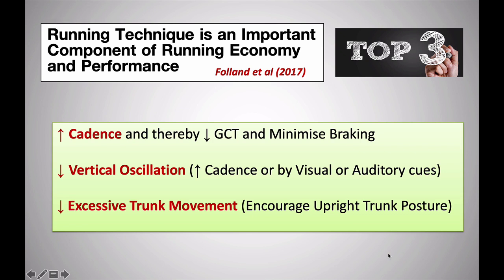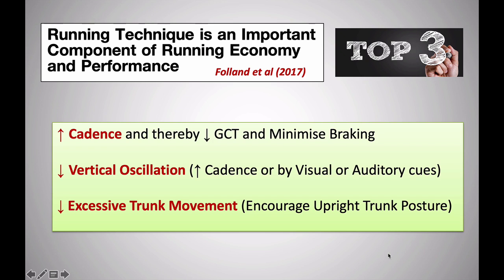The third is excessive trunk movements like side to side, hip drop, rotation, and that can be changed by using cues like run tall or look up from the ground to horizon, and effective arm swing can also reduce excessive trunk rotation. So these are quite good changes which we can use with any runner, regardless of their experience, regardless of the